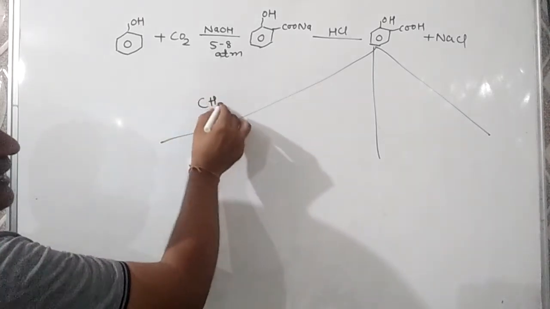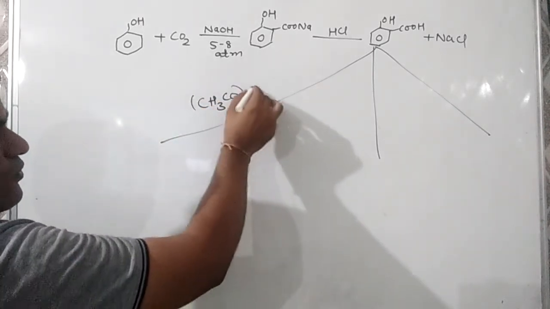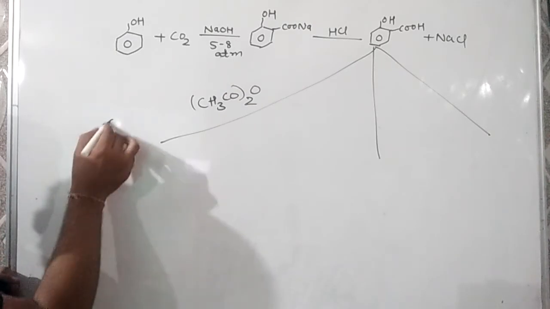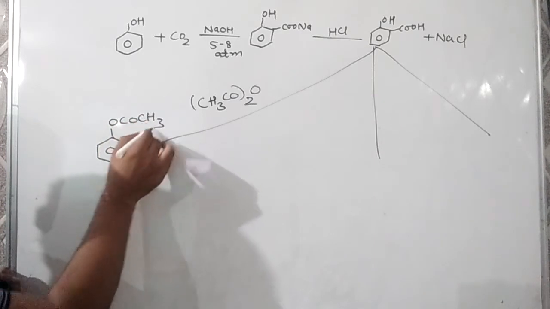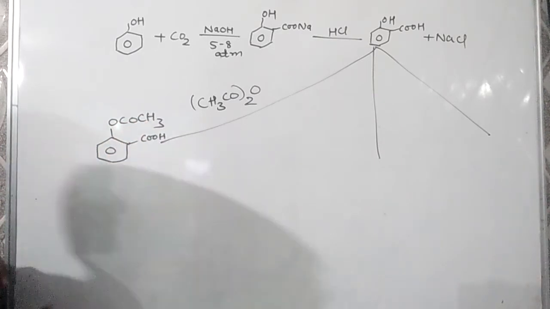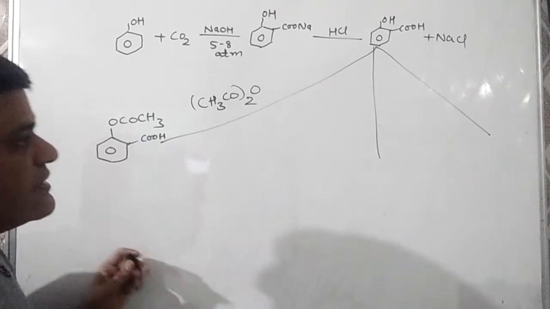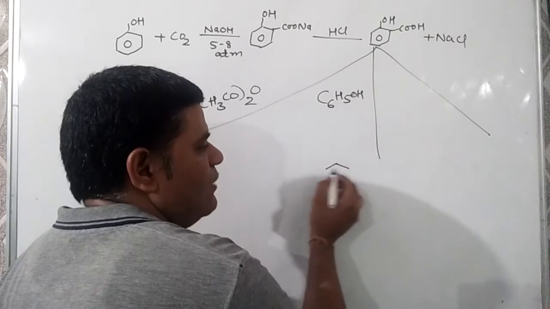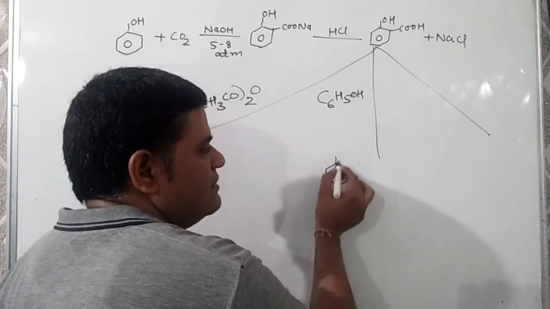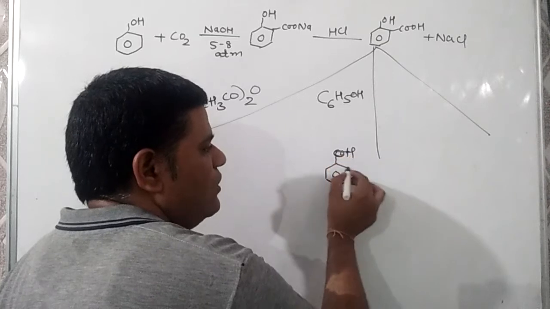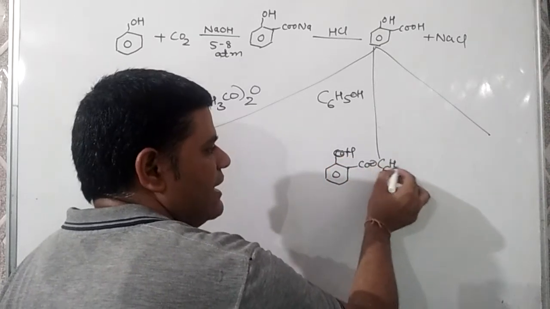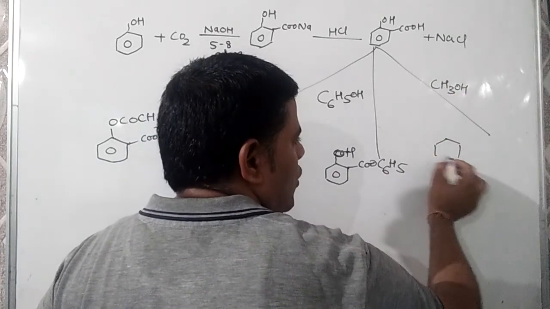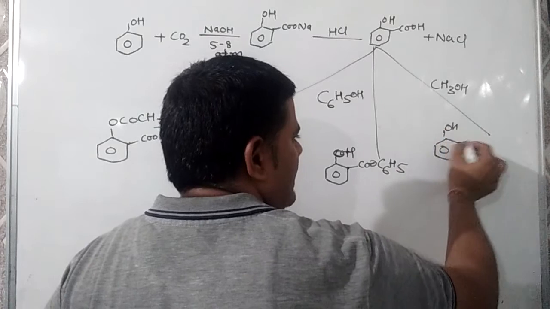That salicylic acid can be further changed into 3 medicines, and that depends on esterification reaction itself. If we add acetic anhydride to it, then the product formed will be aspirin, which is also known as orthoacetoxy benzoic acid. If we add phenol to it, then the product formed will be Salol or phenyl salicylate. And in the last case, if we add methyl alcohol to it, then the product formed will be oil of wintergreen or methyl salicylate.